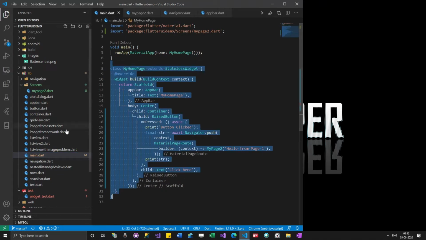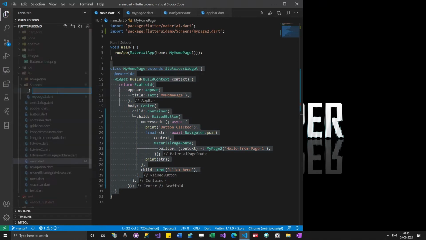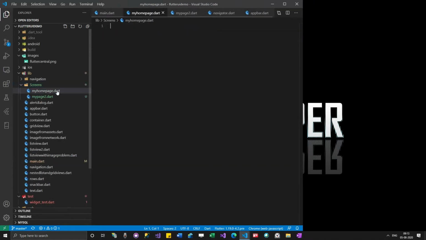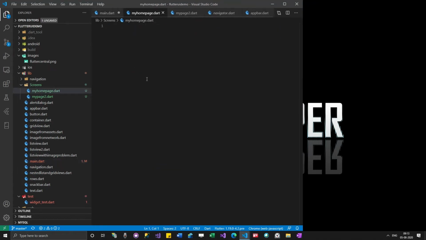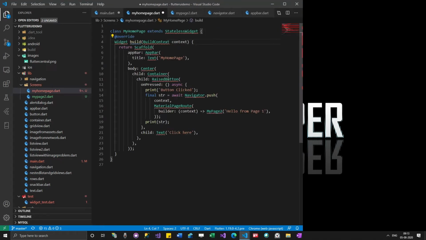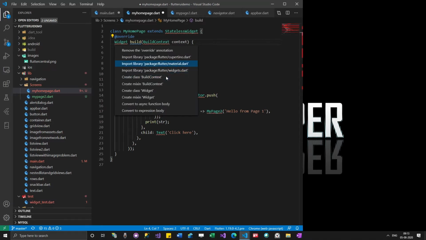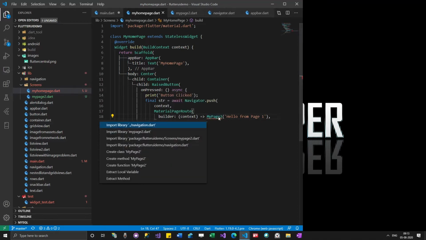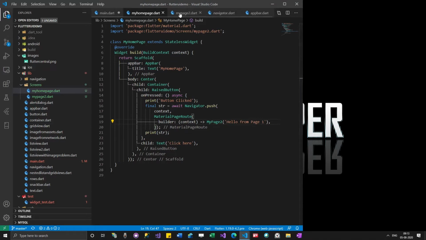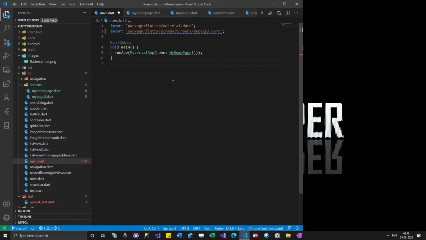I can create one more file over here, copy paste this code there, and then resolve the issues. My page 2 is still having an error, so I'm just going to resolve it again. So my page 2 code is fine, my home page is fine.